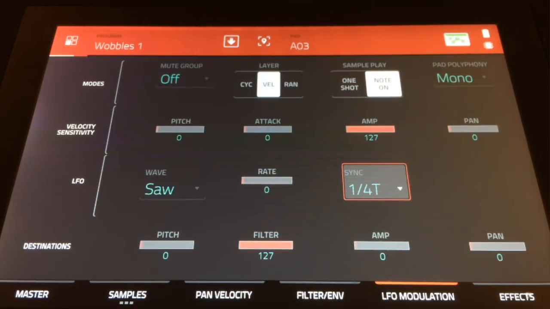So the first pad is quarter note dotted, the second pad is quarter notes, the third pad quarter note triplets, fourth pad eighth notes, fifth pad 16th note dotted, sixth pad is eighth note triplets, seventh pad 16th notes, and the eighth pad is 16th note triplets. That's basically exactly the same for the last 8 pads. So it was just a logical order, just so I know that as I go along the pads they increase